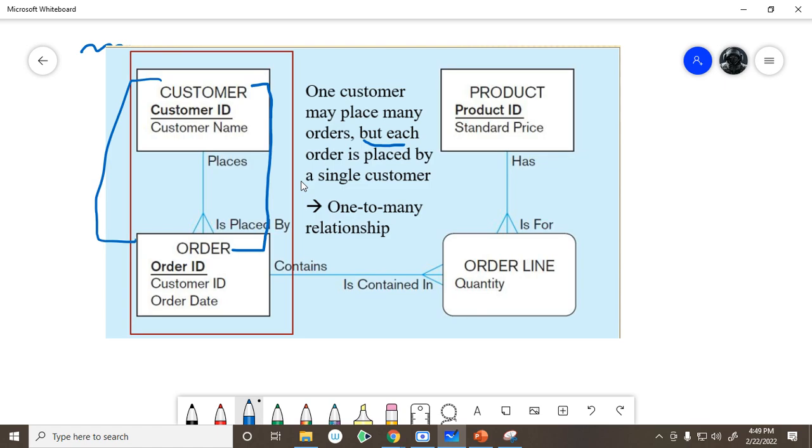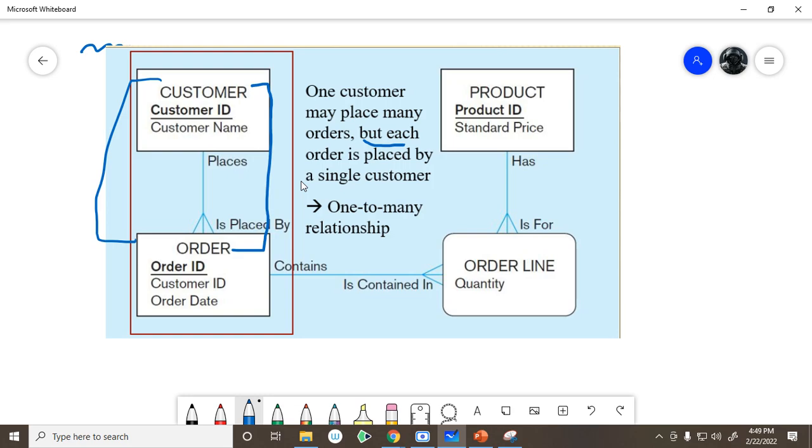It does make sense, right? Think about yourself when you are buying something from a superstore. The cashier is dealing with your order only. That means for your order, the cashier is going to create an invoice with a unique order number, which is